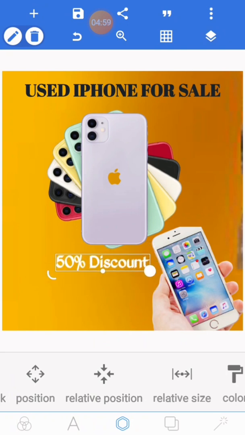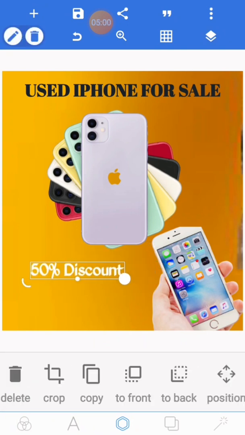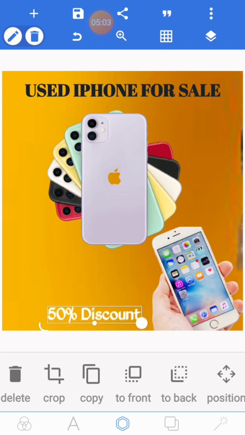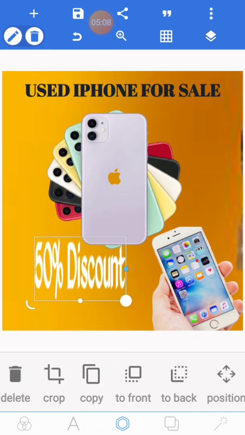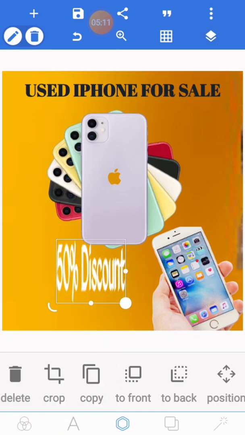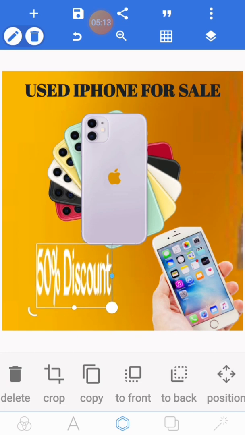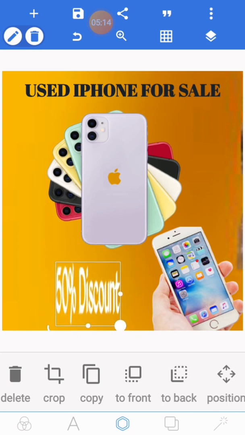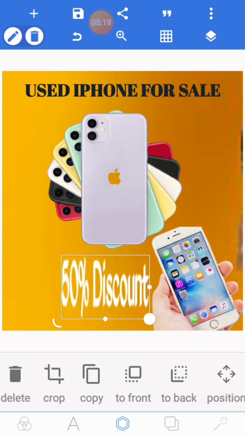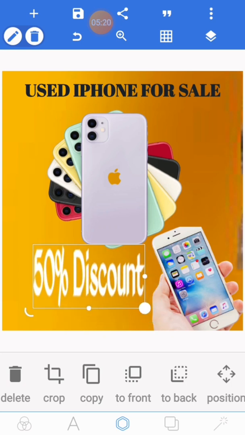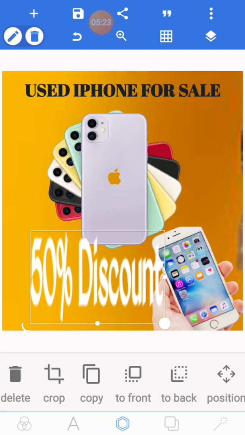Now I have it to be one. Now if I want to enlarge it, I can just hold it and enlarge it. You understand? I can just enlarge it because now it is a shape right here. So 50% discount